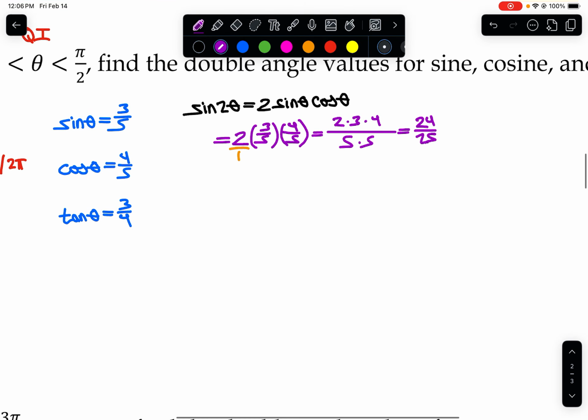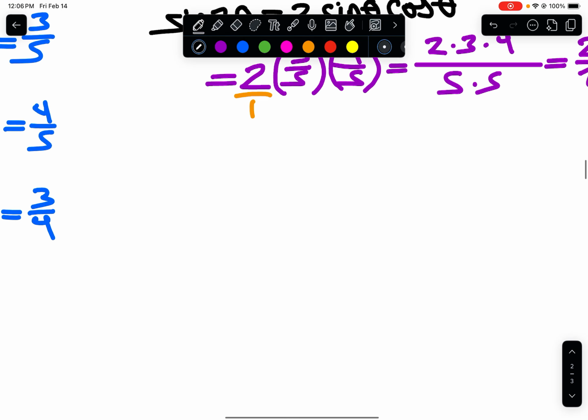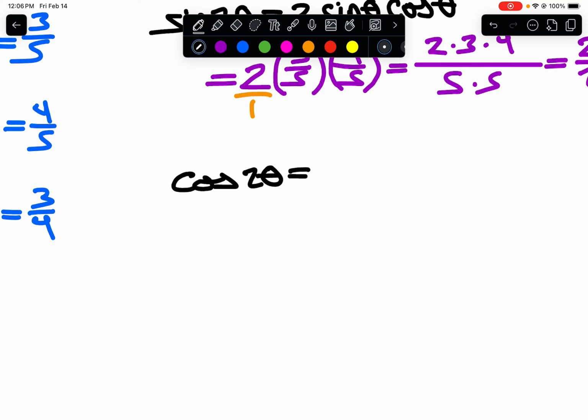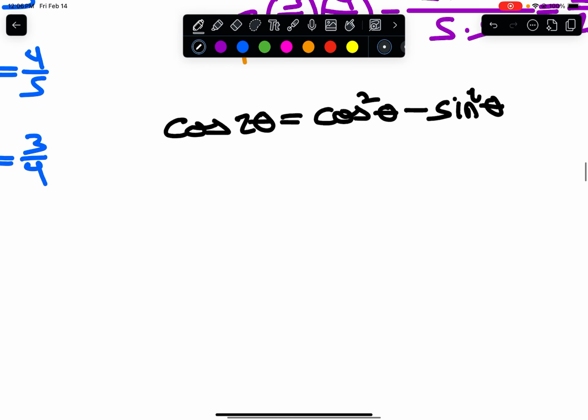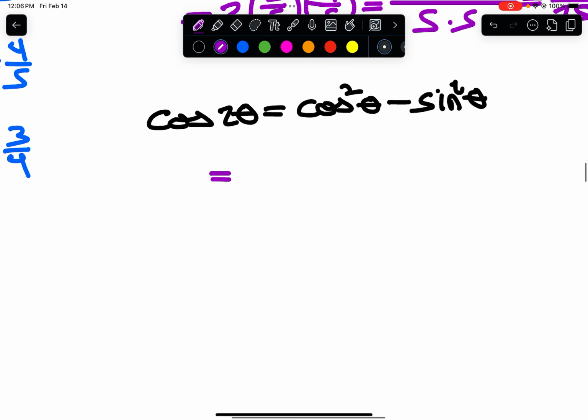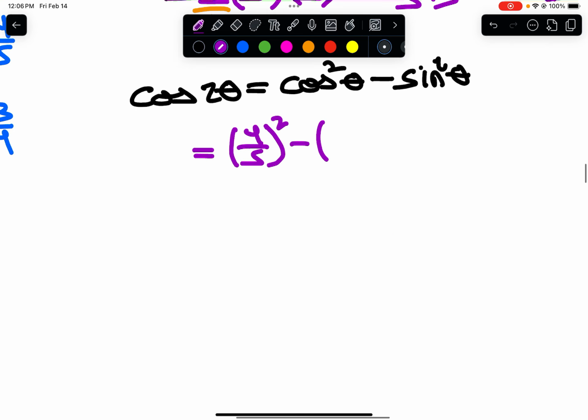So now I want to do my double angle for cosine. So I'm going to do cosine of 2 theta, which is going to be equal to cosine squared theta minus sine squared theta. So when I plug these values in, I'm going to do my cosine value squared. So that's going to be 4/5 all squared minus my sine squared theta value, which is going to be 3/5